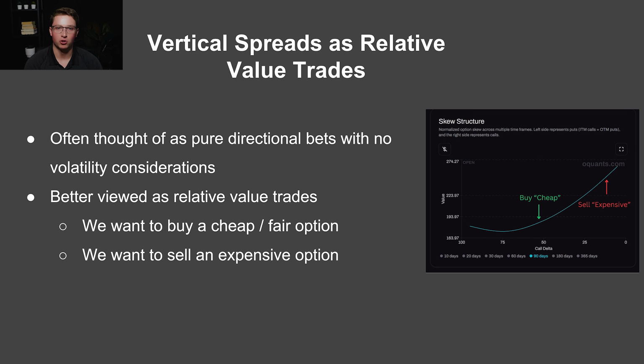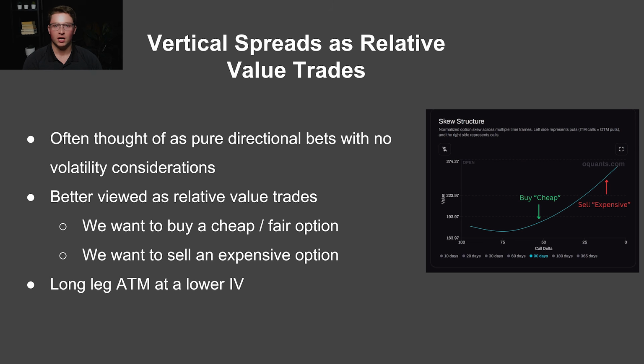This gives you some exposure to the dislocation in the implied volatility surface, rather than only betting on direction. Let's break this down. The long leg of the vertical is often placed near the at-the-money region, where there's more liquidity and tighter bid-ask spreads. Market participants and market makers are more comfortable providing supply here, so pricing tends to reflect a fairer estimate of